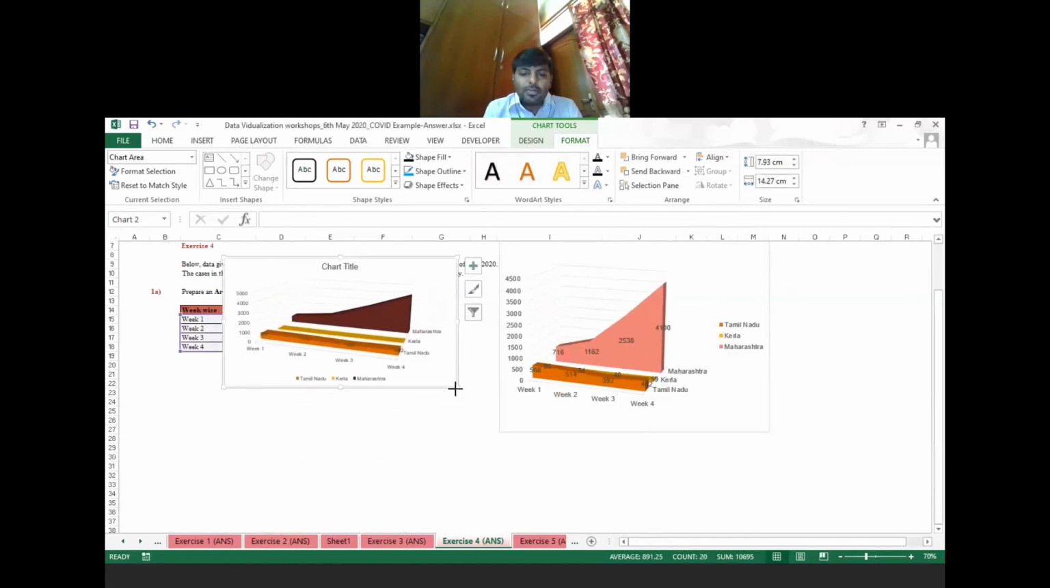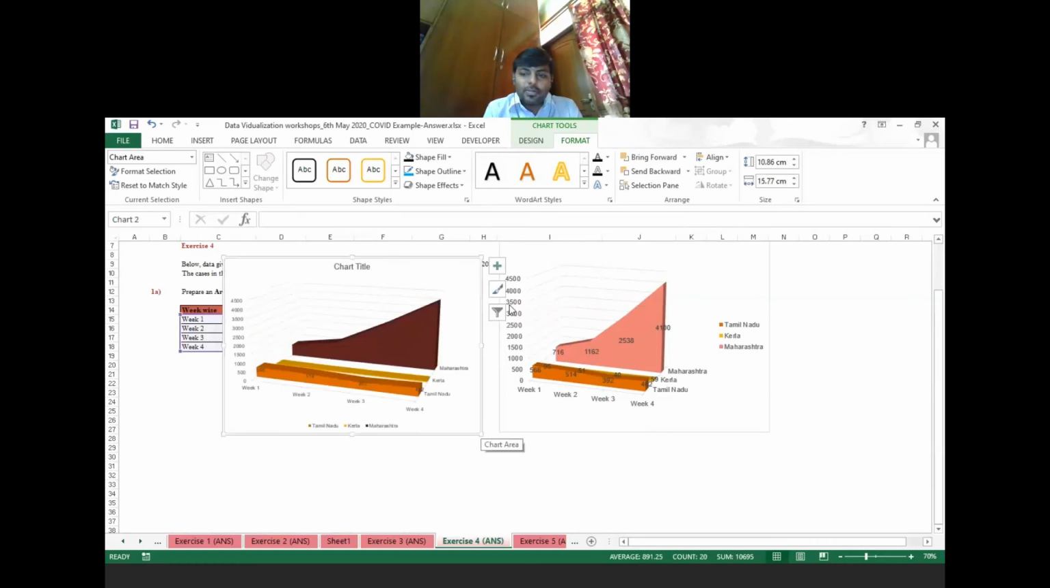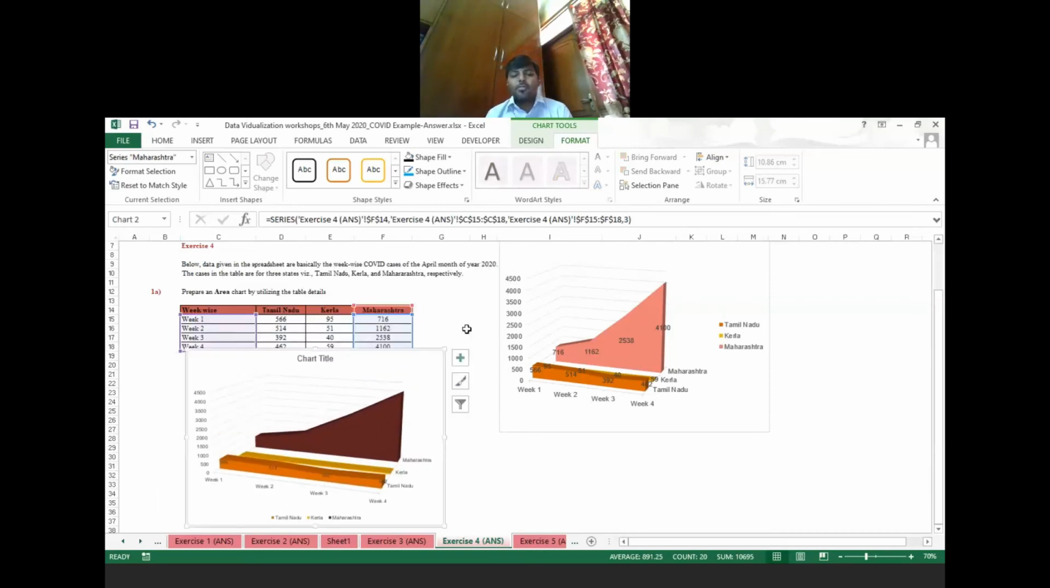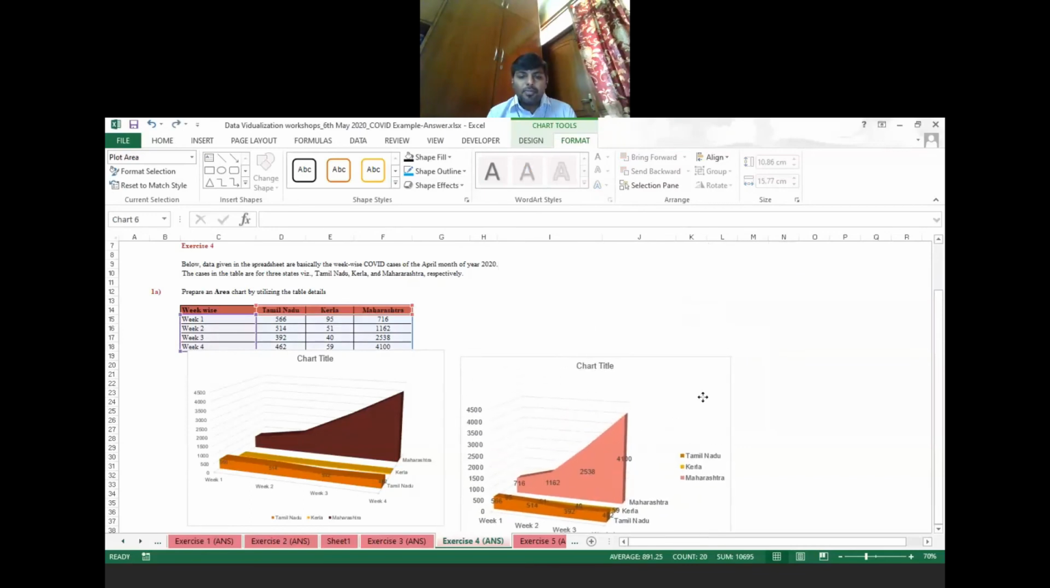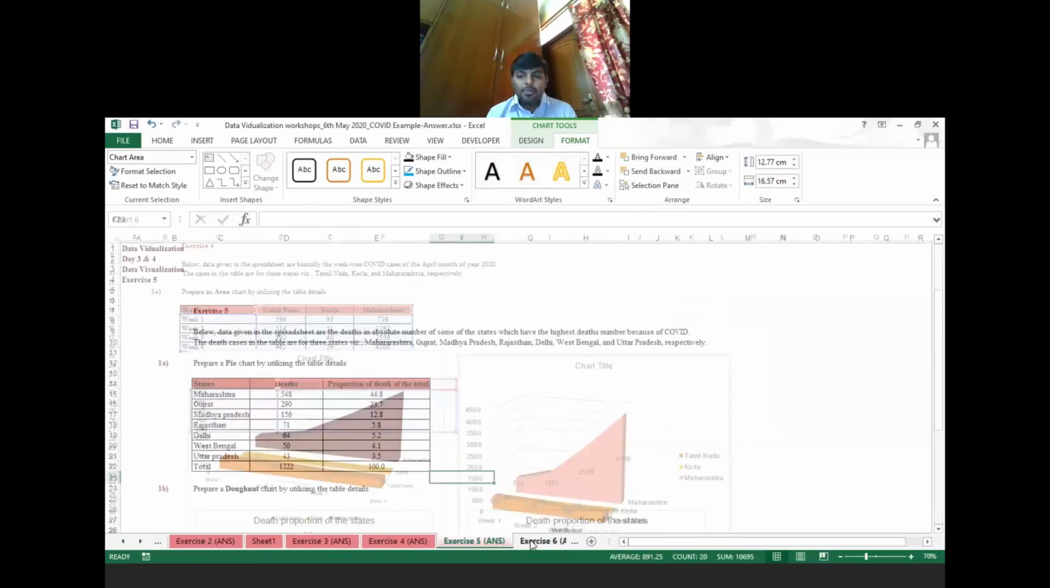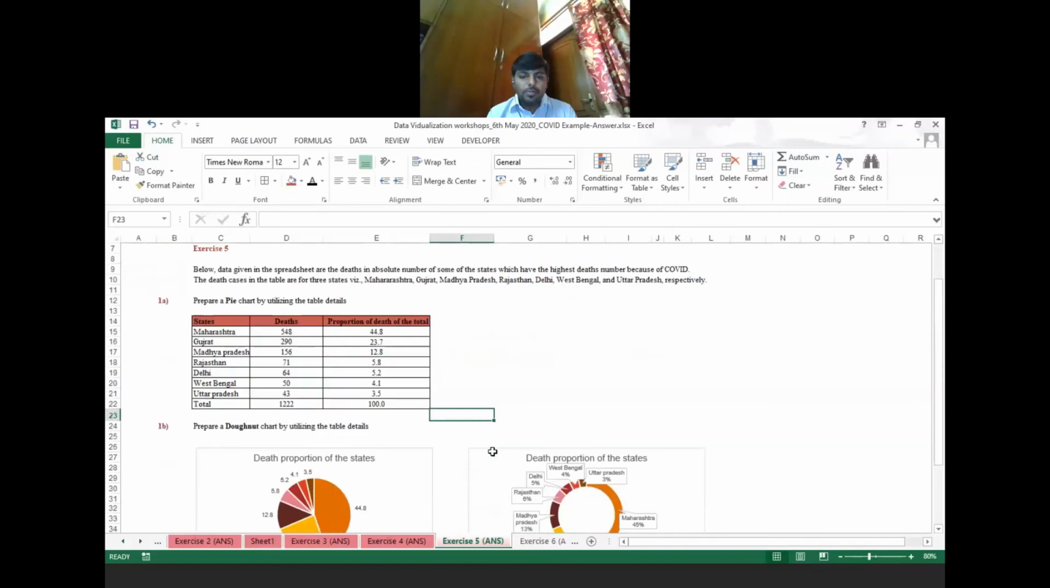You simply can compare your chart with the earlier one. You can keep here the axis title, chart title, data labels, and so many things. But for now, let's move forward to the next slide. On sheet 5, on exercise 5,